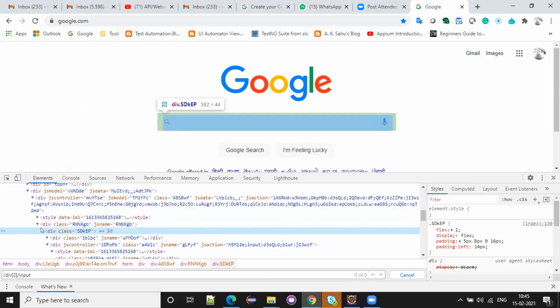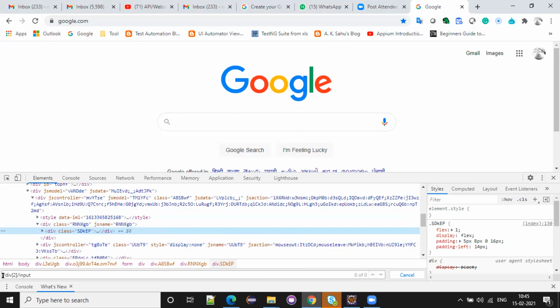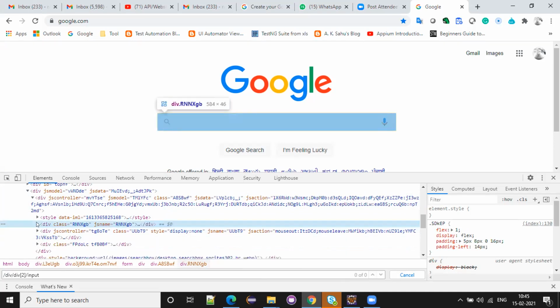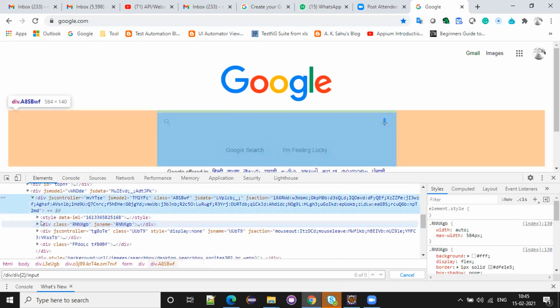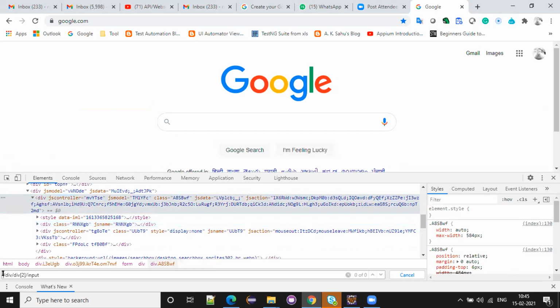This div is like a, I think we will close. This div is a single div, right? This div was also done, right? Now this div is also a single div in this div, right?